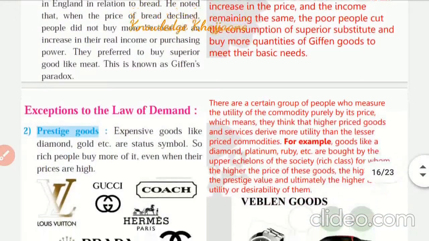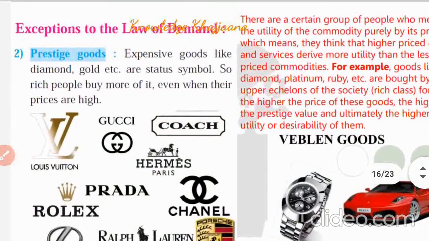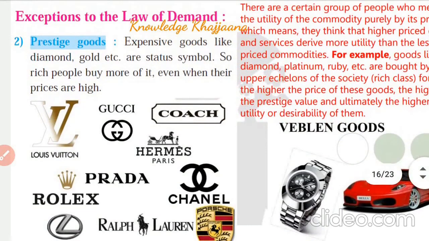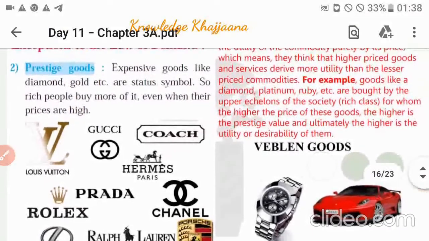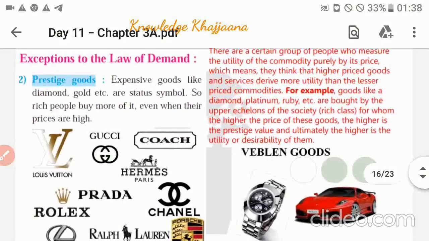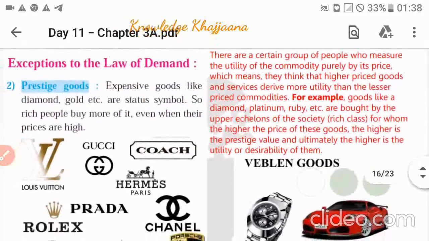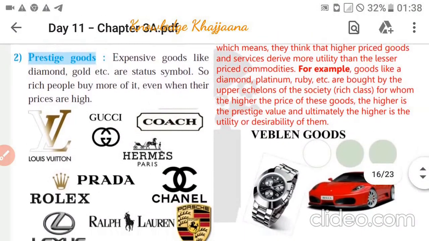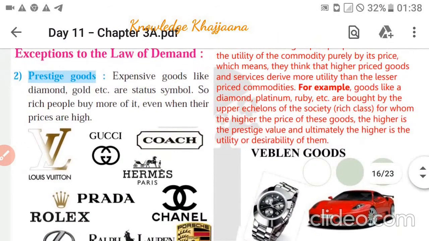Now the second factor which violates the law of demand is prestige goods. What is meant by prestige goods? See, prestige goods are goods like diamond, gold, etc., which are status symbols. So rich people buy more of it even when their prices are high. Another realistic example you must have seen: the Bollywood actors purchase properties at locations where the price is high. They never purchase their property at a location where the price is less. Why? It is